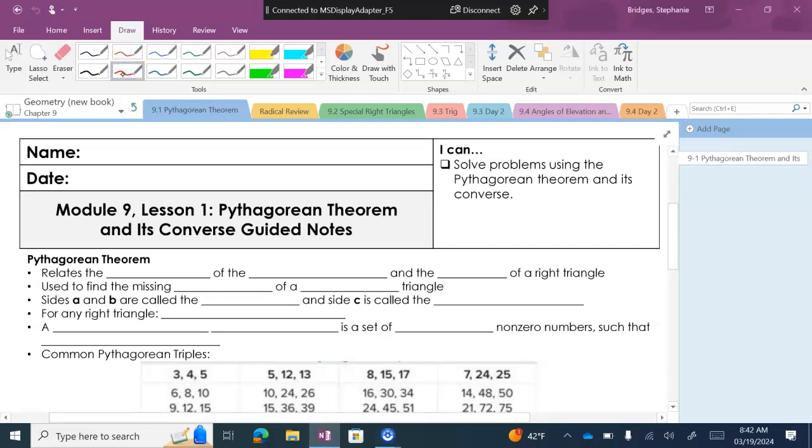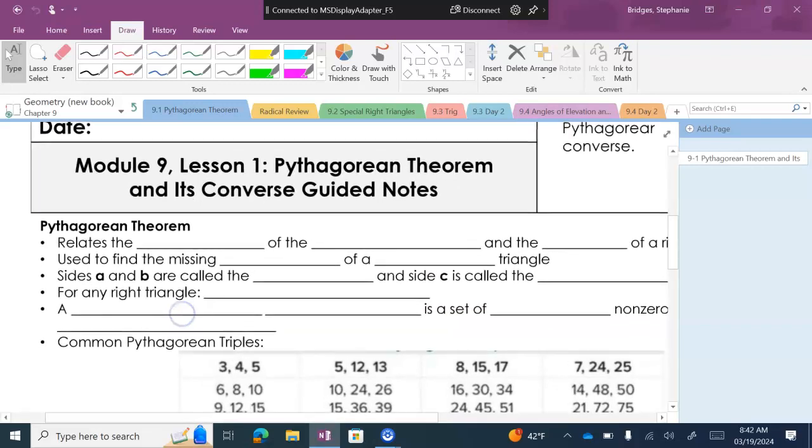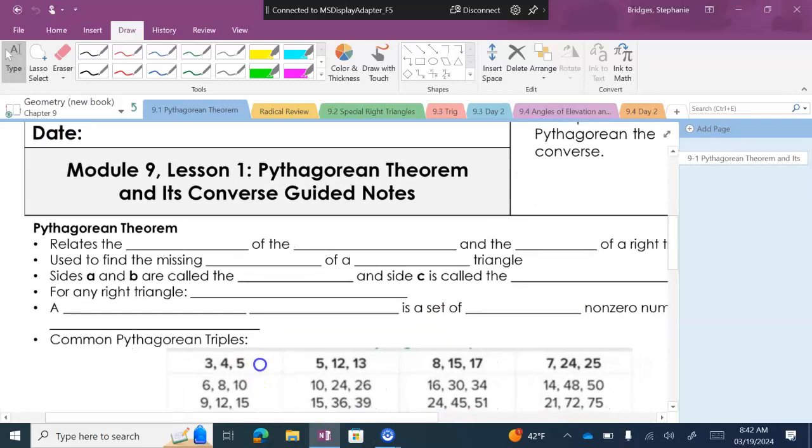All right, so again, Pythagorean theorem, it has to do with what kind of triangles? Right triangles, all right? So the first sentence here that we're going to fill in is the Pythagorean theorem relates